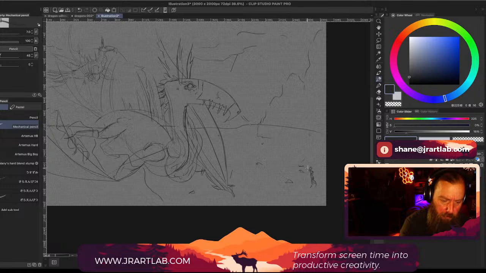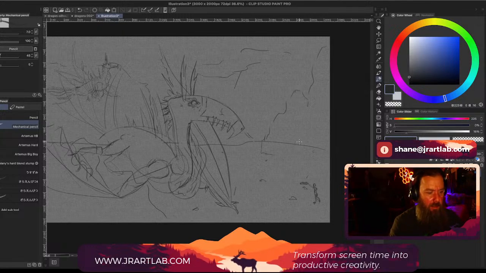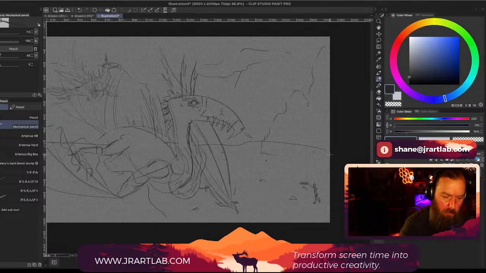Okay, so I'm just imagining the scene to go with this guy a little bit. I think he's an Amazonian dragon, and I think he lives deep in the Amazon. The people bring offerings. So this is a little man that's coming out to make some offering or a gift of some kind.